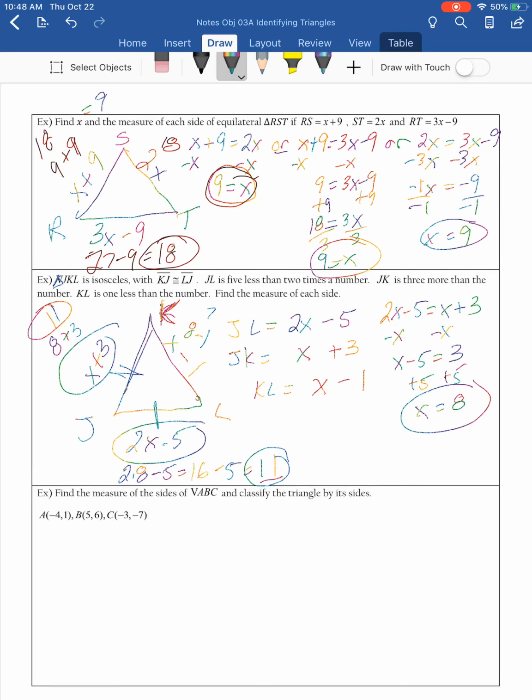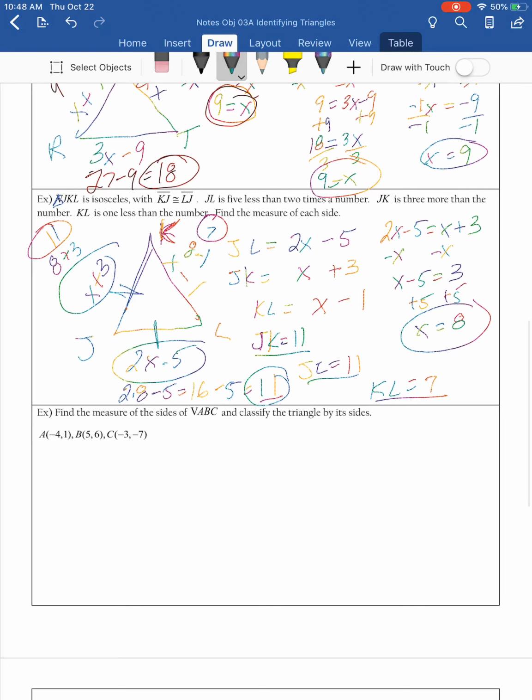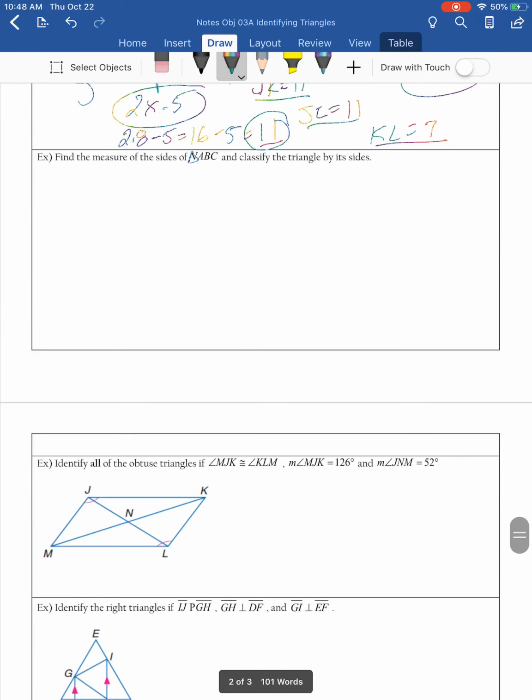So you'd write JK is equal to 11, JL is equal to 11, and KL is equal to 7. All right. Next thing it says, find the measures of the sides of triangle ABC, and then classify the triangle